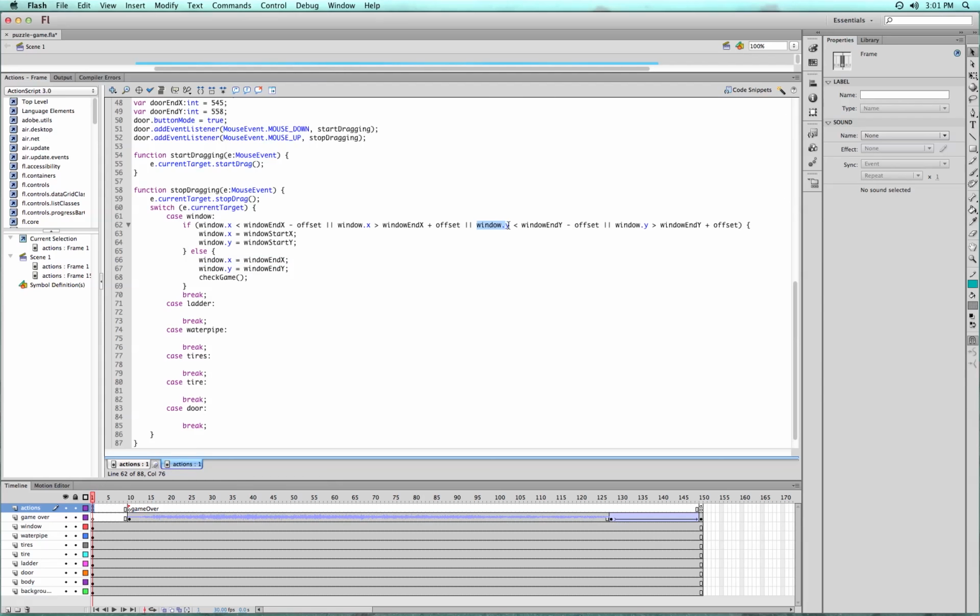We check to see if the Y position is less than the end Y variable minus our offset value, or the window Y position is greater than the window end Y position plus the offset variable. So really what we're doing is we have these 4 different conditionals. Each of the 2 coordinates are checked on either side of the offset. And if any one of these conditions is met, then the window snaps back to its